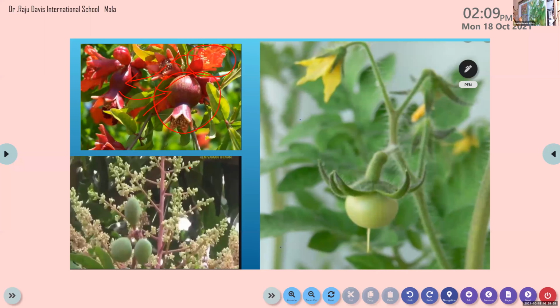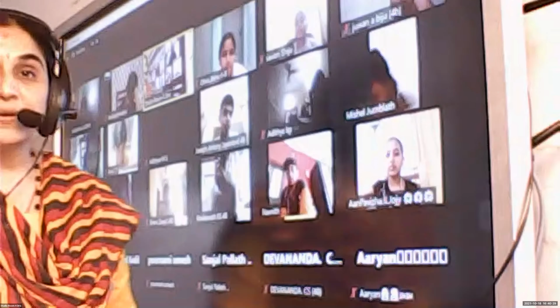So here you can see the picture of the mango flower. See, these flowers will slowly change into tiny mangoes, isn't it? After that the mangoes will grow in size, and when they become ripe, we can eat them. And inside the mango, what is there? Inside, after eating, what will we get? Seed. Seed. What is the use of that seed? Ma'am, we can plant. Okay, new plants can be produced from the seed.